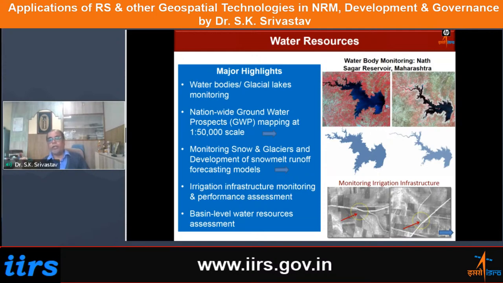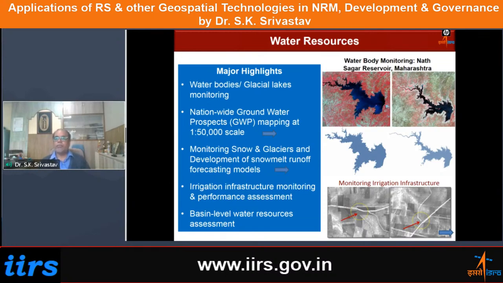And one way of mapping the water body is that once we look at the images, we simply can visually interpret it. That means we can move our cursor around the reservoir and then make a polygon and save it. And that is how, wherever water bodies are there, I can go on interpreting the water bodies and save the polygons, and that way I can prepare the water body map. The second way of preparing the water body map from satellite images is that I can automatically prepare it.